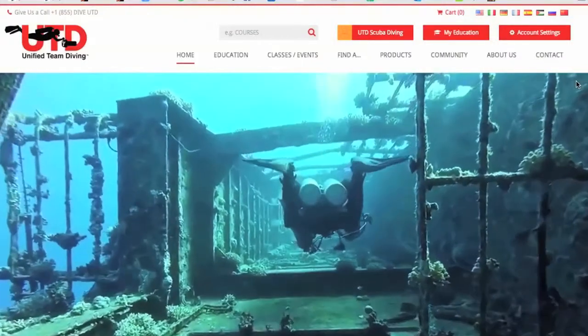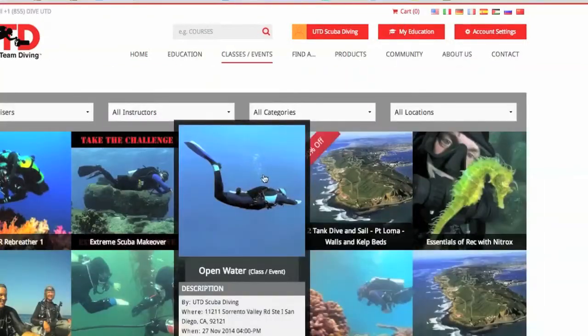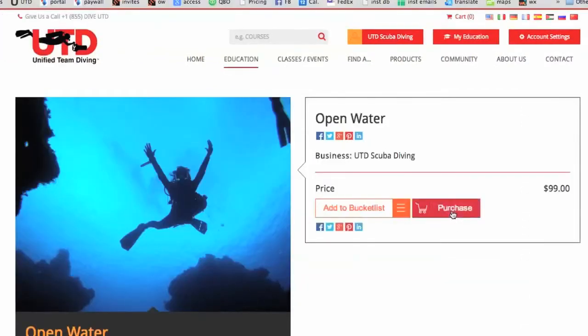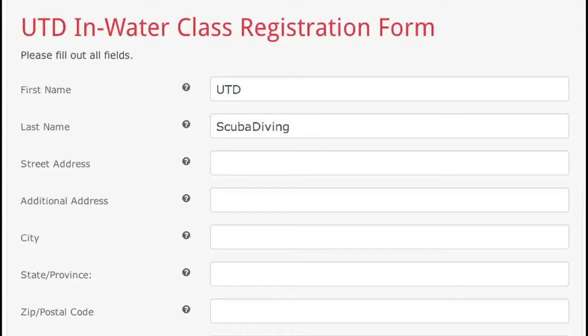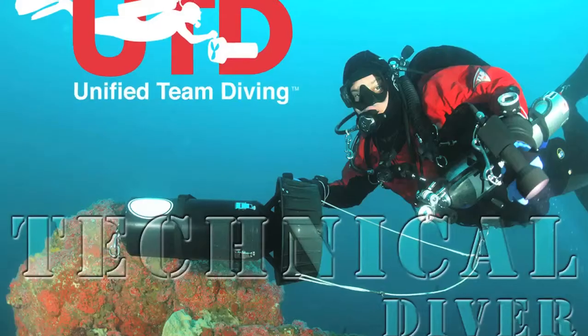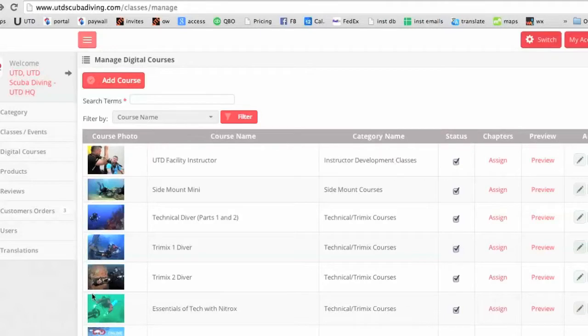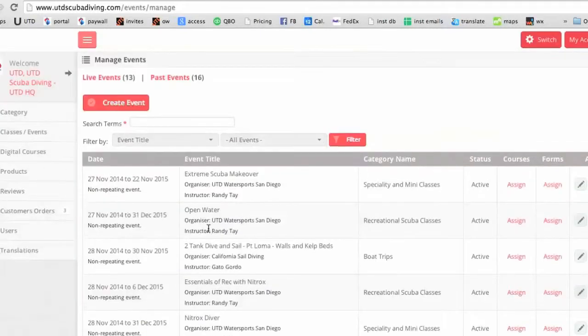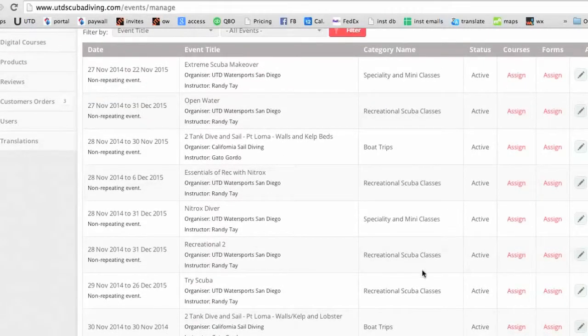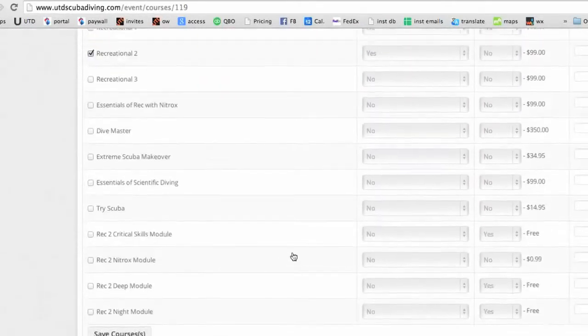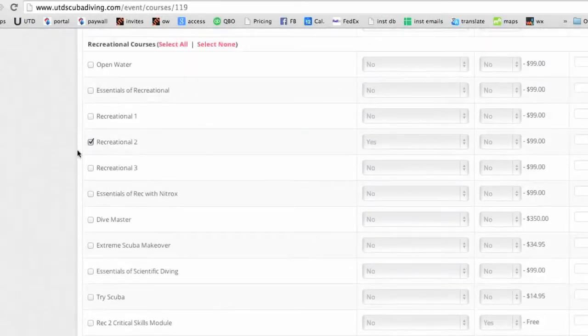Now we're going to look at the student experience: the process of signing up for a class, paying for everything, completing the required forms and online coursework, teaching your in-water class, doing your student evaluations, and their purchase of digital and plastic C-cards. We'll look at how to post a class to the site in another chapter, but for now, let's assume the class is scheduled and online, the associated online digital course is attached, the forms are in place, and the student is ready to go.